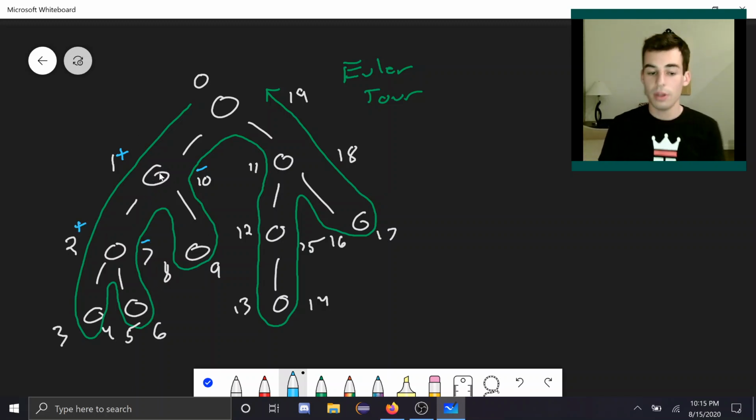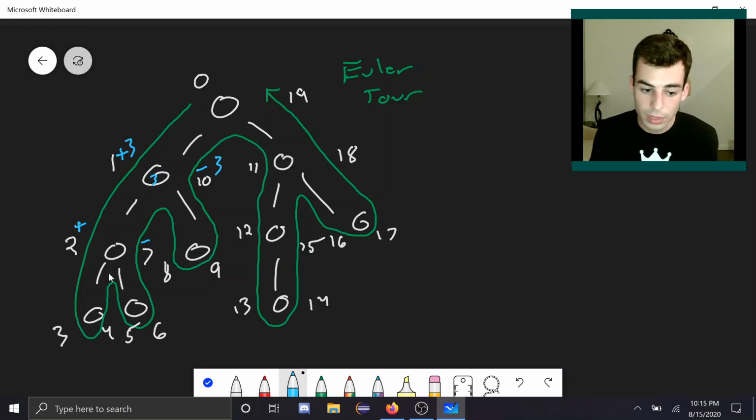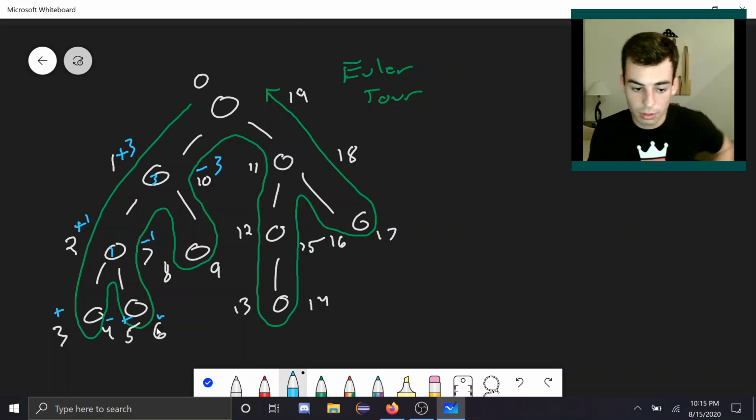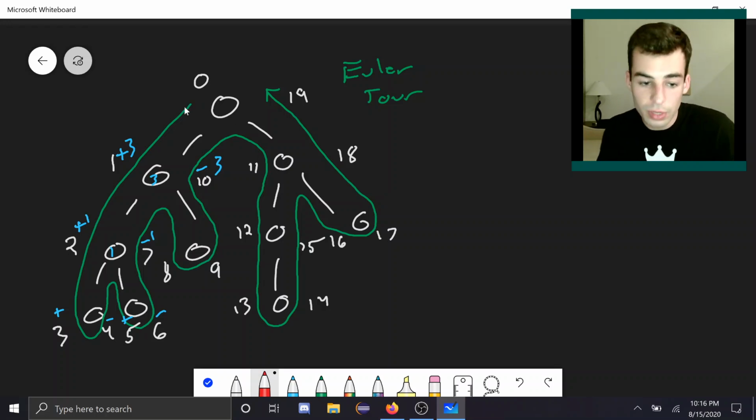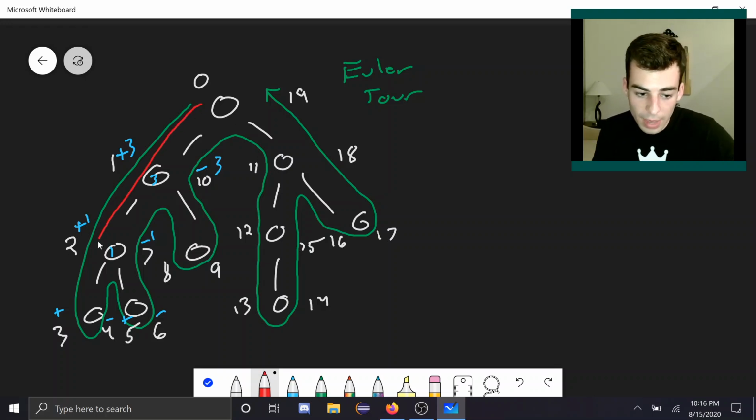So if this number on this node were 3, we would have a plus 3 on this position in the array, minus 3 on this position in the array. If this were a 1, it would be plus 1, minus 1. Again, we have a positive version and a negative version, and a positive version and a negative version. So now the interesting thing is, if we want some path like this,